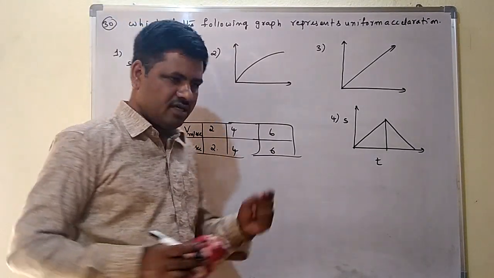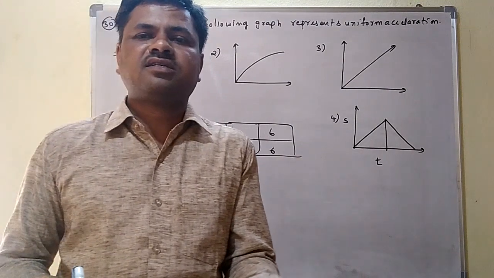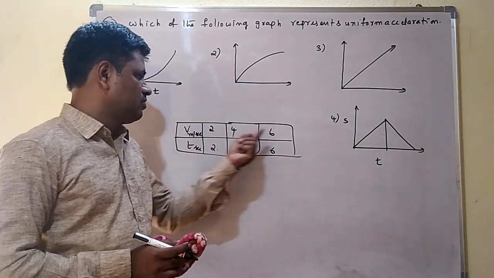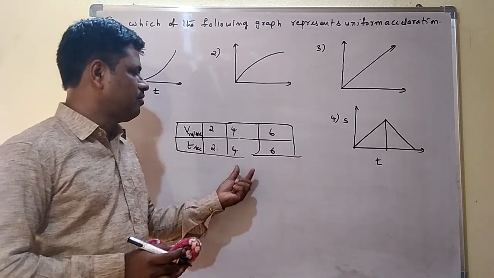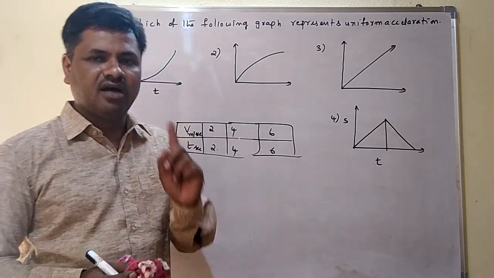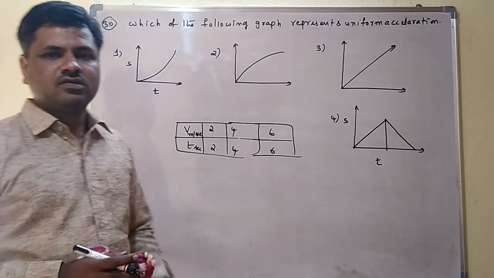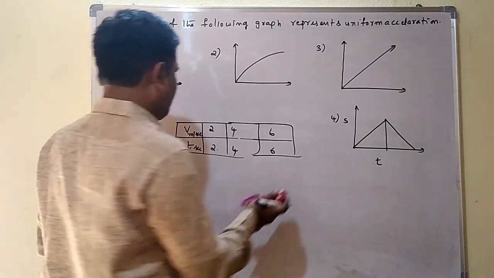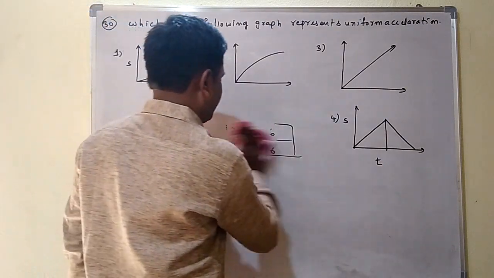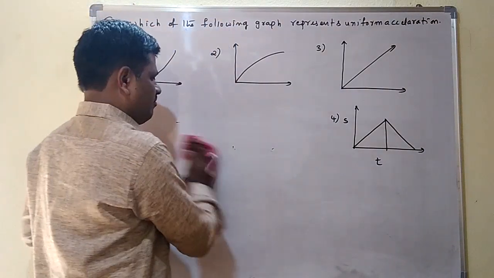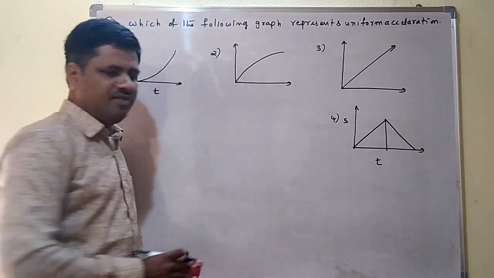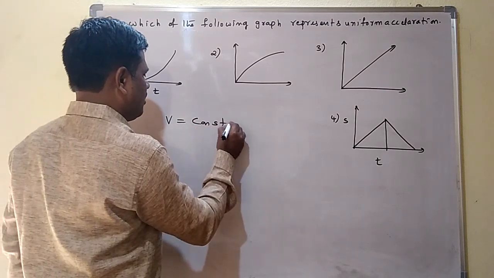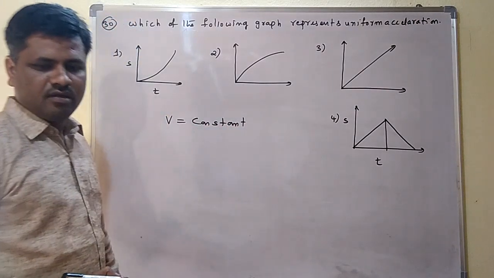This is called here uniform acceleration. Uniform acceleration means in the same interval of time, the velocity changes, value also same. Here 4 minus 2 is 2, 6 minus 4 is 2. Means every 2 second of time, the velocity changes as the 2 meter per second only. So this is called here uniform acceleration. Means in the uniform acceleration, velocity changes the same in magnitude and direction. That's the reason we are saying that acceleration is constant.